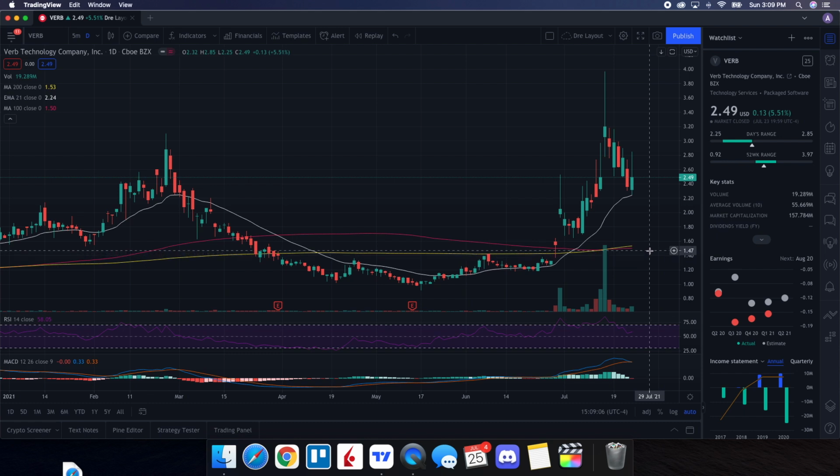When we take a look at the indicators on the chart, we are above the 100 day, the 200 day, and of course, what we saw on the Friday, we showed some strength right on that 21 day EMA. So I want to actually see this continue going into tomorrow, and especially for the rest of the week. If we can have some solid support and some consolidation in this particular area, then we can look forward to